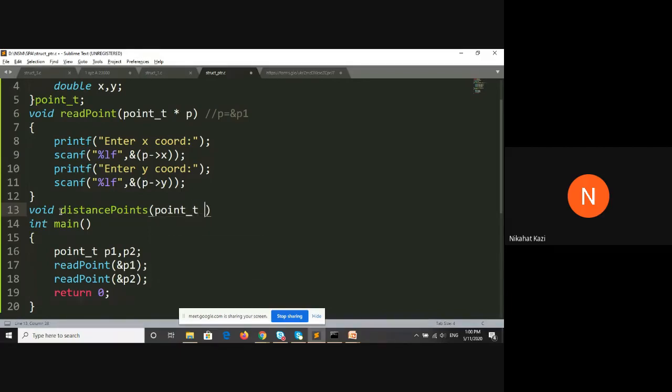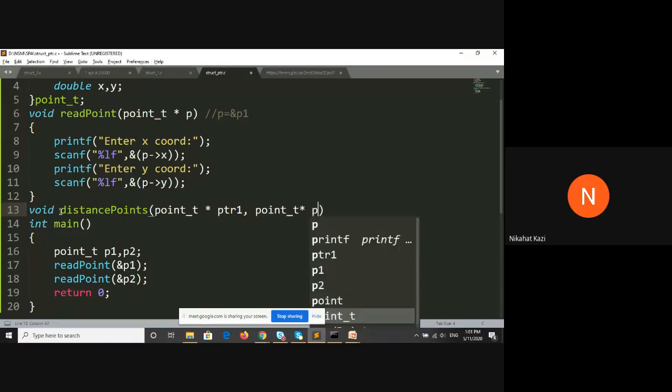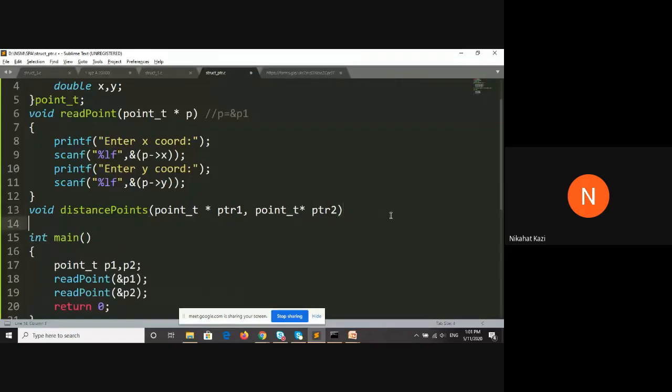Structure pointers. So we will say point star ptr1, point star ptr2. Inside this, you will simply compute the distance.